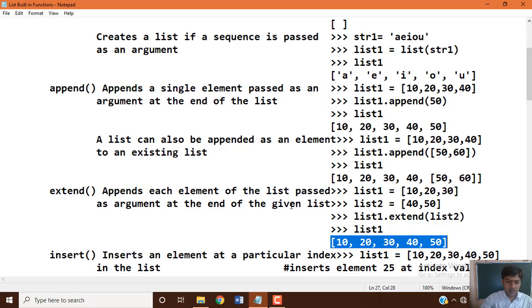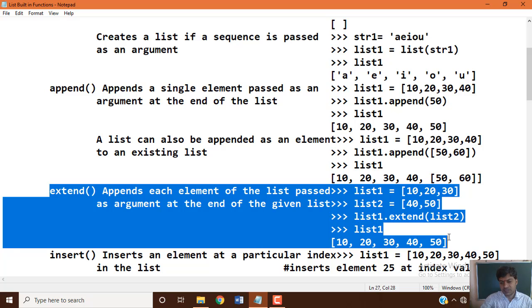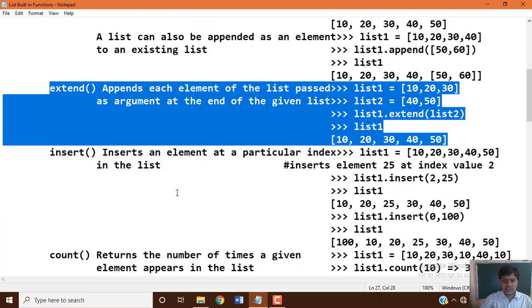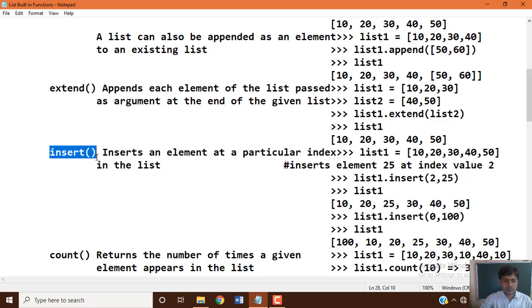So that is how the extend built-in function is used. Next, we are moving on to another function, insert. It inserts an element at a particular index in the list, so the insert built-in function helps us insert an element at a specified index in the given list.